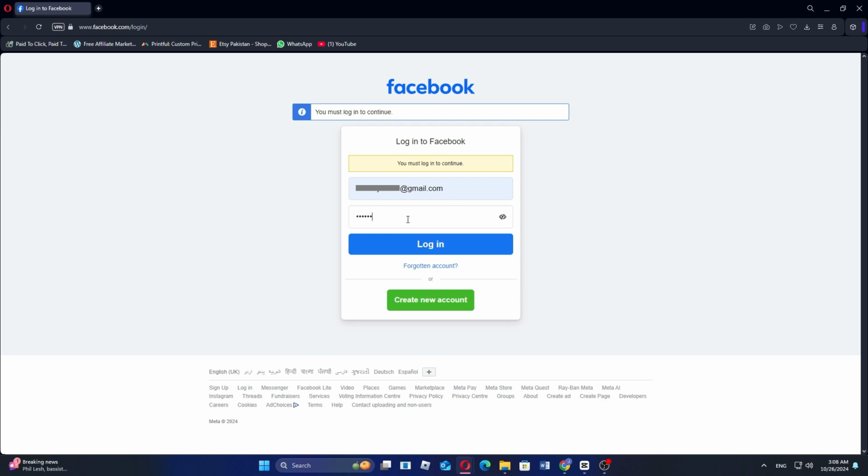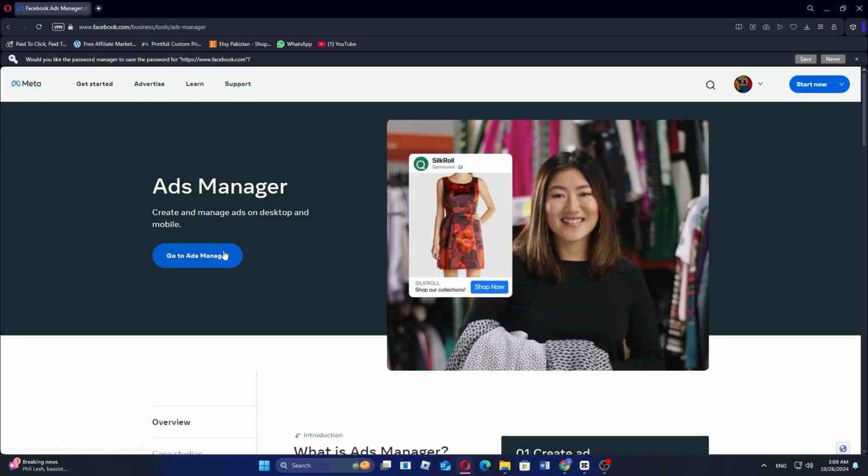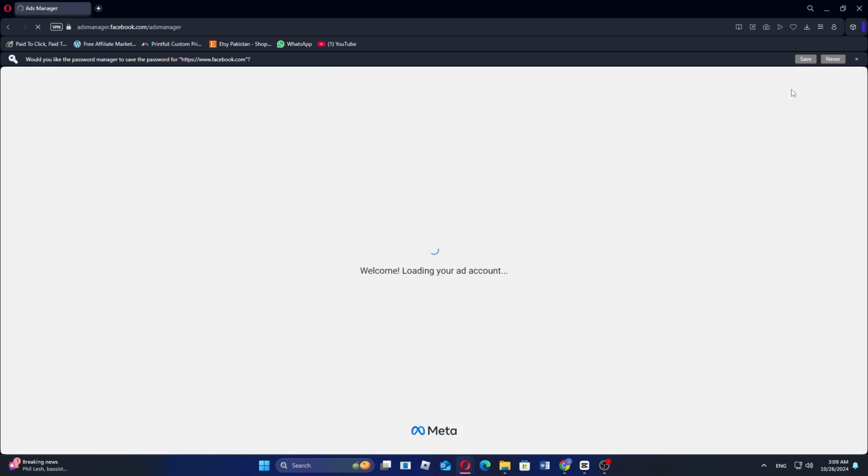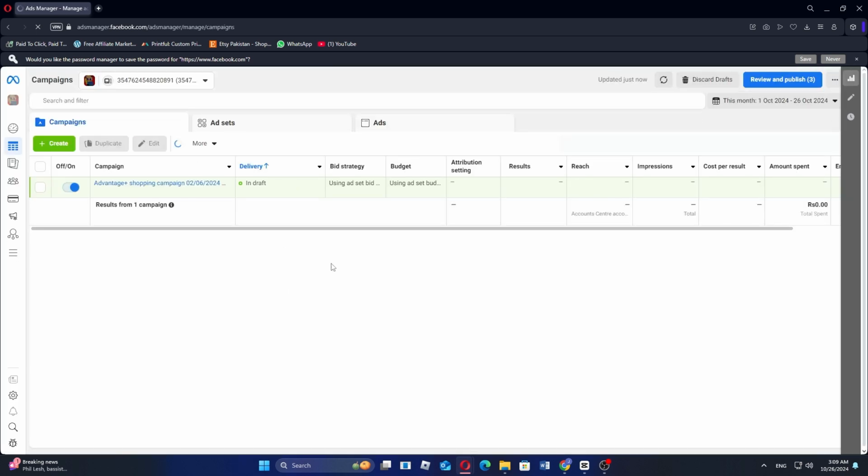Here, enter your email address and password associated with your Facebook account. Once you've entered the details, click Login to access your Facebook Ads Manager account. Once you're logged in, click on Start Now at the top right corner of the screen to set up your